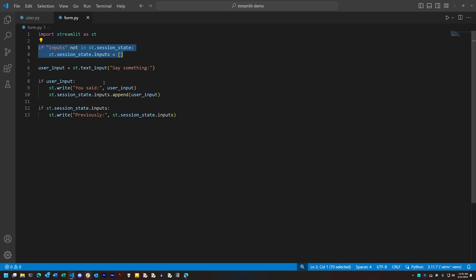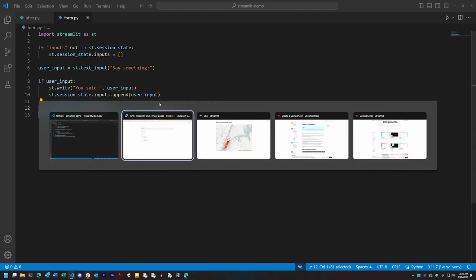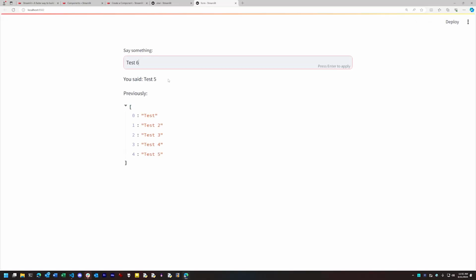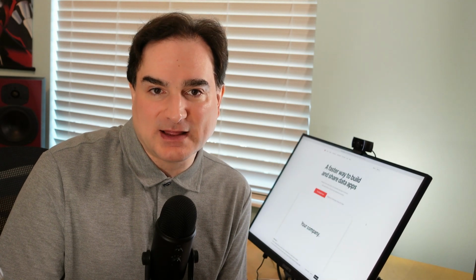Then, every time we have a user input, we append it to the list, and if the list is non-empty, we display it. Any persistent state across runs of your Streamlit program must be stored in sessionState to guarantee that it persists. It would be possible to write information out to a file and read it back in again, but sessionState allows us to keep this information in memory and live. Now, this kind of work does take some getting used to, and it will require some planning for how you want to model your app's behavior.